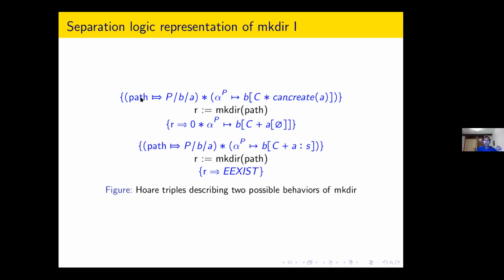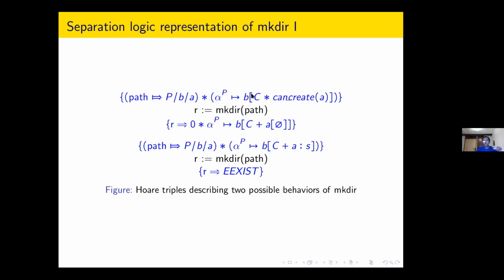What this statement here says is that the variable path resolves to a path name P followed by a name B followed by a name A. So what this means is that P slash B is the directory where we are trying to create something, where we're trying to create a new directory, and A is going to be the name of that directory if that is successfully created. And what this other precondition says is that we have somewhere in our separation logic representation,